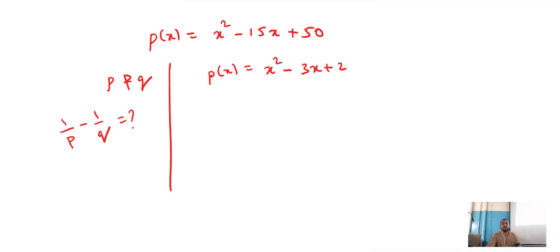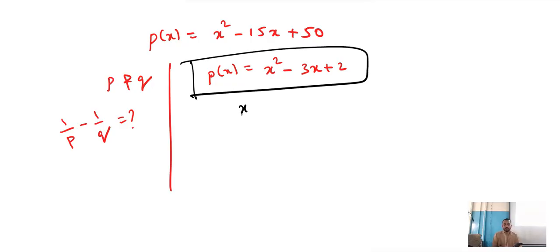Done? Okay. Now look at your children. So first they have given the polynomial, right? What is the value of a? 1. B minus 3. C plus 2. In the initial stage only I told you, if you are not understanding anything what to find and how to find, just find sum of its zeros, product of its zeros. So shall we assume? First you have to write the sentence.